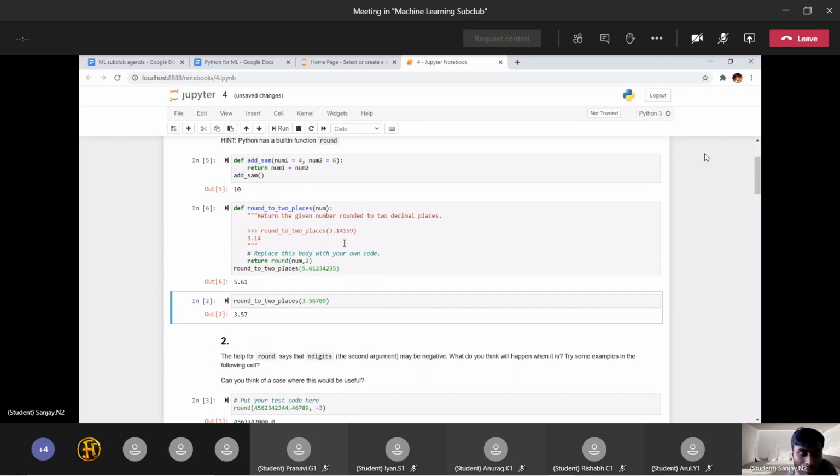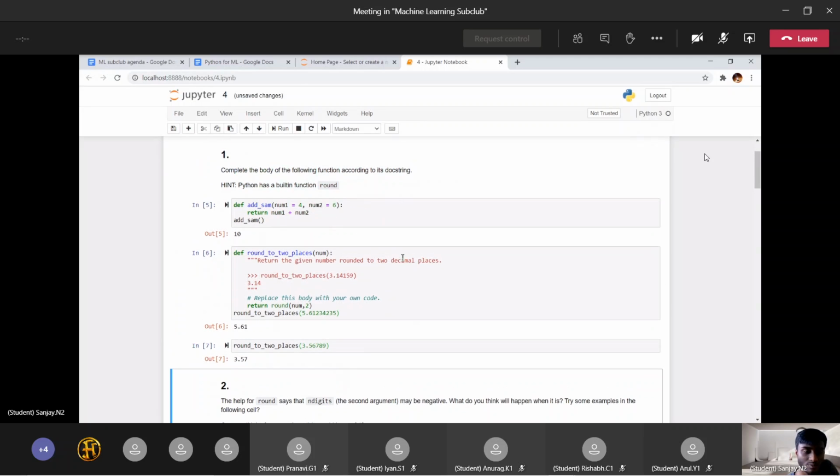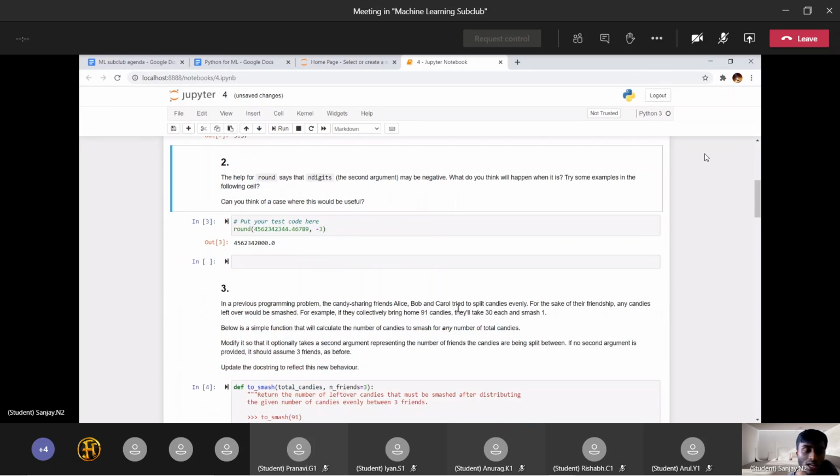This is a pretty straightforward example. I think we can just skip over this. And then we look at the second example. It works as expected. I think this first part is pretty familiar to you guys. Second part,